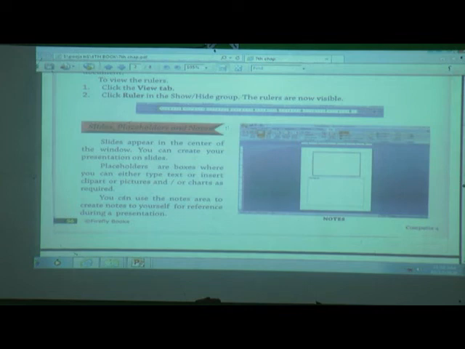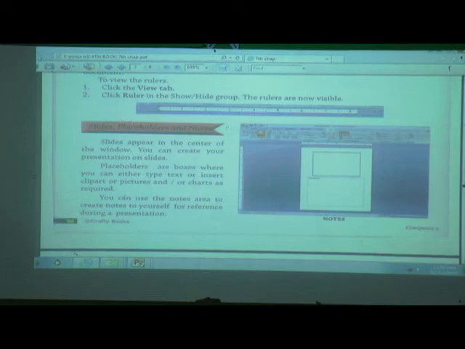It is a box where we can type text, insert a clip art, insert a picture, and insert a chart also. Where is the insert option? Yes, good, in the Insert tab.